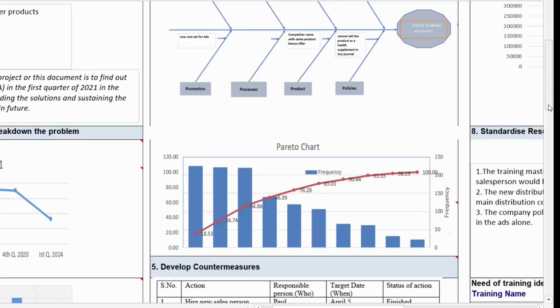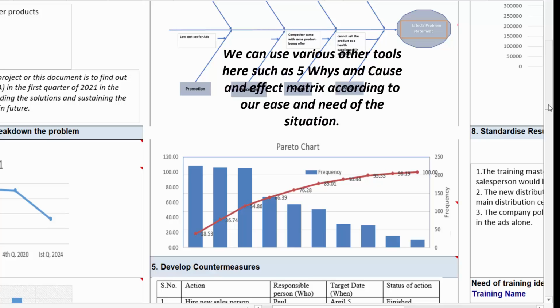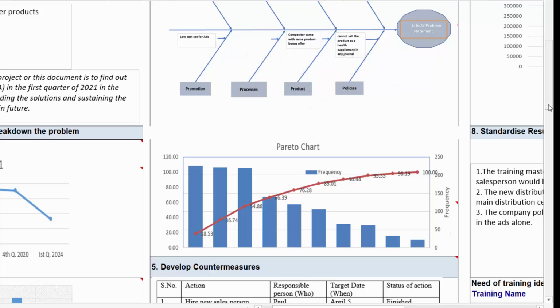If we have data or figures for the actual problem, we can even funnel down the problem using the Pareto analysis. In this case, I have just used the Pareto analysis. We know that Pareto analysis could be used to find the top 20% of the causes, but for this we need data. We apply the Pareto analysis when we know the sales figure. There are many other tools which we can use, but I cannot show them all here. We can use various other tools like 5 whys and cause and effect matrix according to our ease and the need